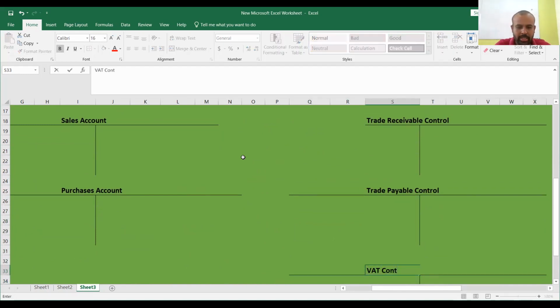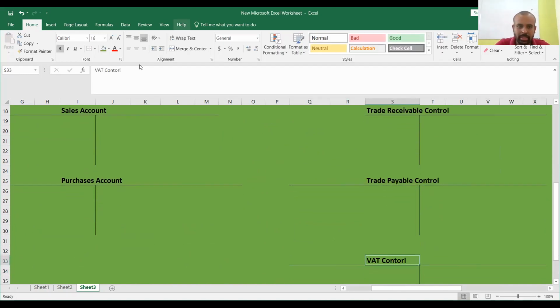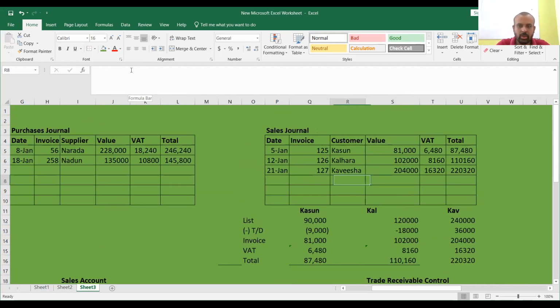Nothing can be recorded in the general journal, because the general journal is meant for control accounts and rectification of errors, and many other things. It is important how to update the control account. The control accounts will be updated at the end of the month, but the individual ledger accounts need to be updated soon after the transaction takes place. Okay, now if you take the total like this,